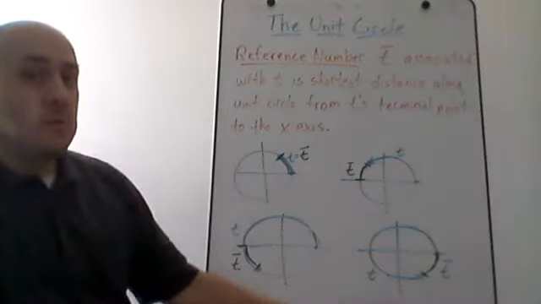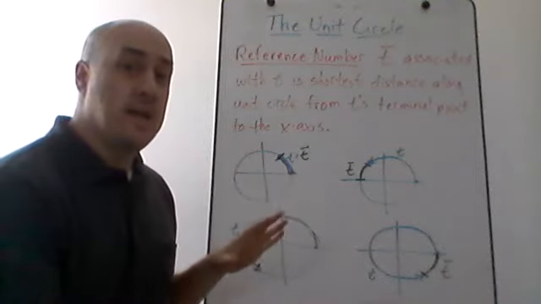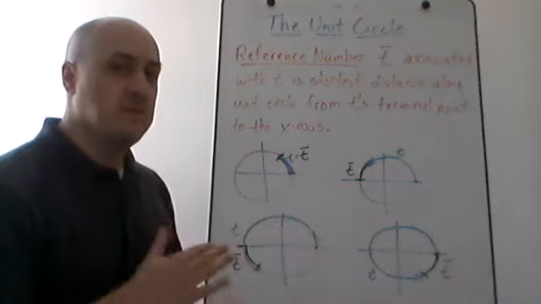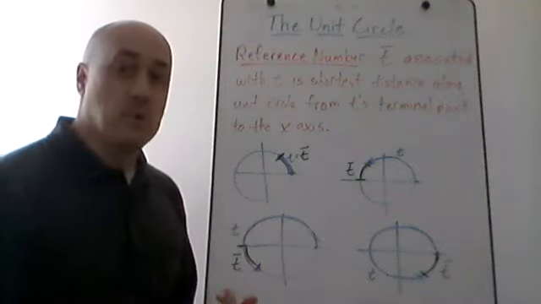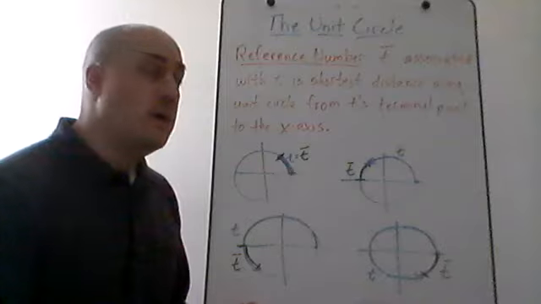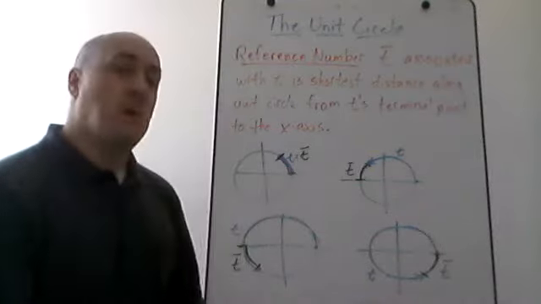All right, in this video we're going to continue talking about the unit circle, but talk about the reference number for a t value. If you haven't seen the other videos I've done on the unit circle itself, on what we mean by a terminal point, on some of the special terminal points, the ones on the x and y axis, as well as the ones in the first quadrant, I would advise you to maybe watch those videos before